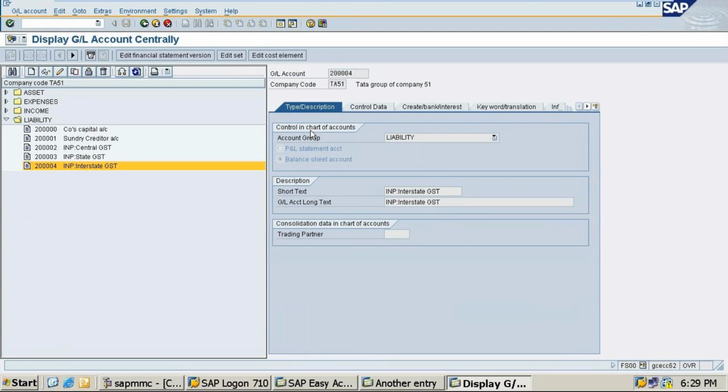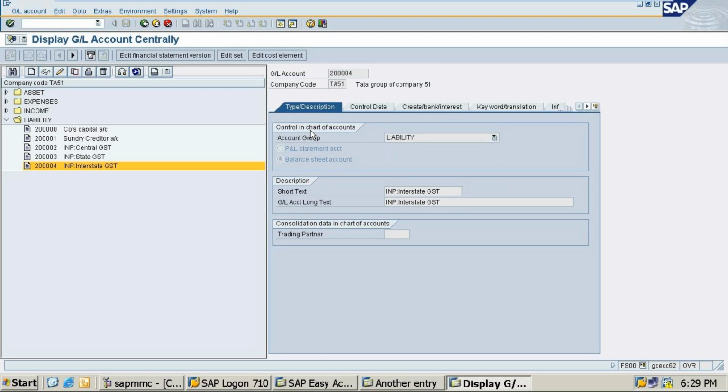Likewise, we have to create for customers also. But what I'm saying, I have to create one more vendor. The person who is not in Bangalore, the location will be some other place, because interstate cannot be possible to Bangalore, right? Because our company is in Bangalore. Bangalore to Bangalore means intrastate. First, we'll do intrastate transactions. Then I will create one more vendor account that will do interstate.